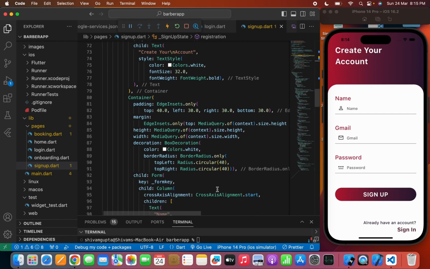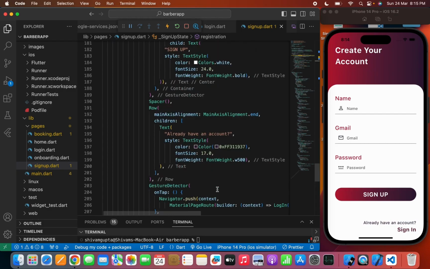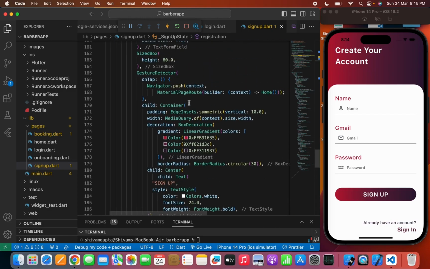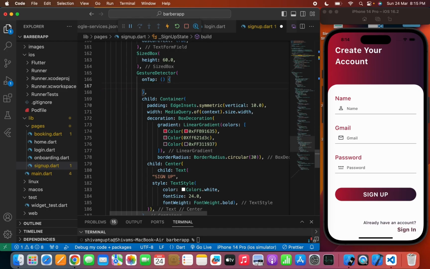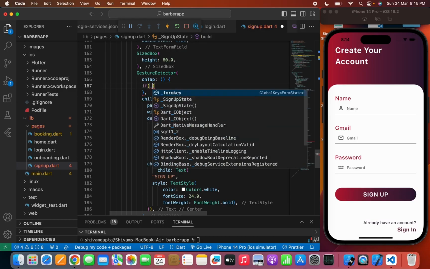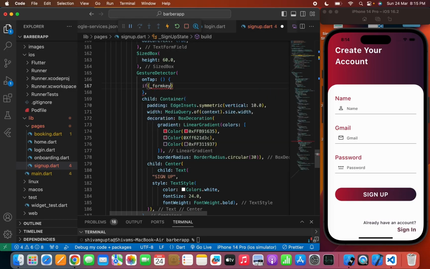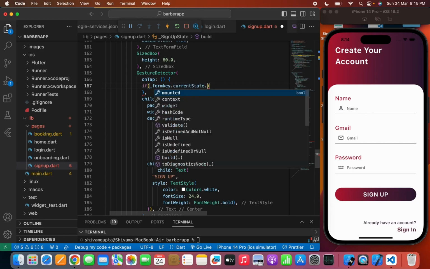Now let's move to the sign up button, and here we are directly pushing the user to the home because we have just created the UI. Now we'll authenticate the user, and Firebase will move the user to the home page. So here comes our validation case. We'll check if the user has entered all the text fields. So I will write form key dot current state dot validate